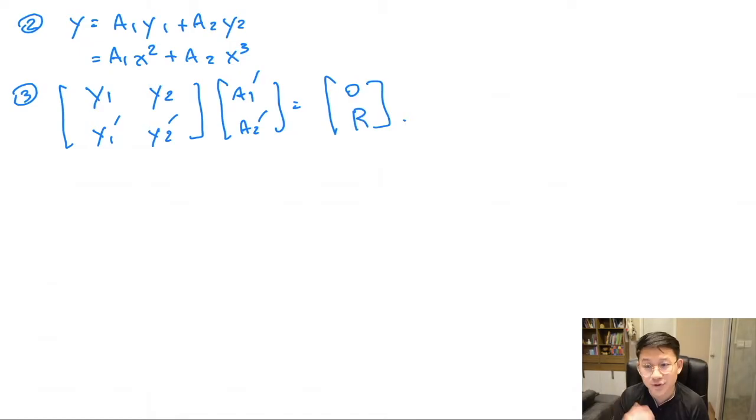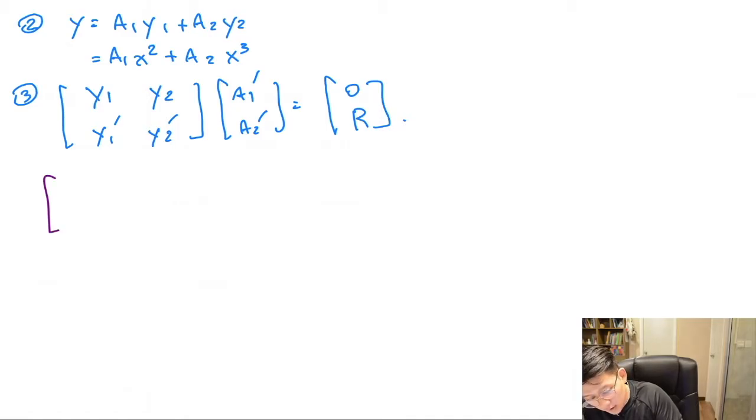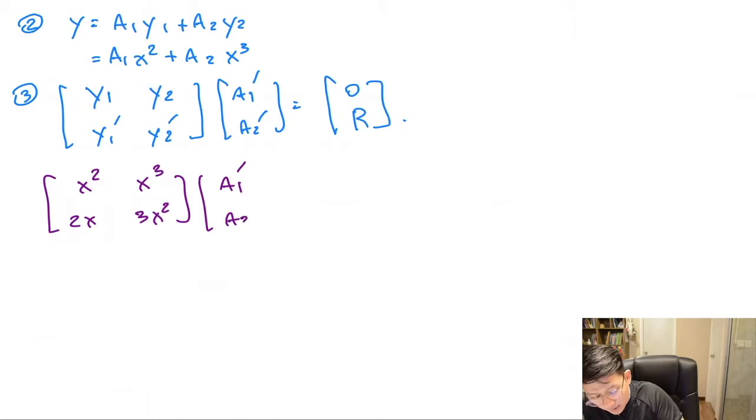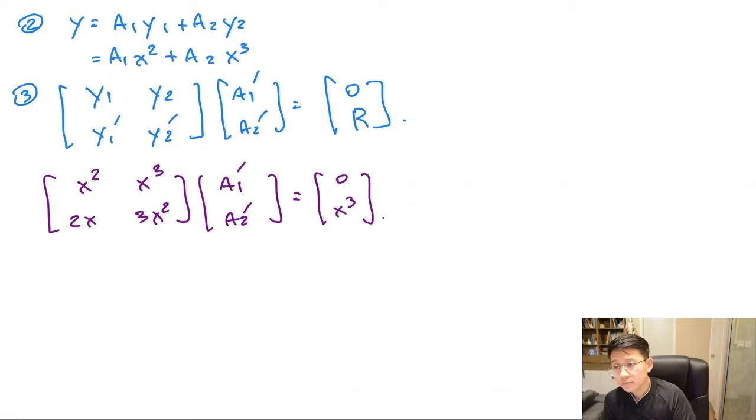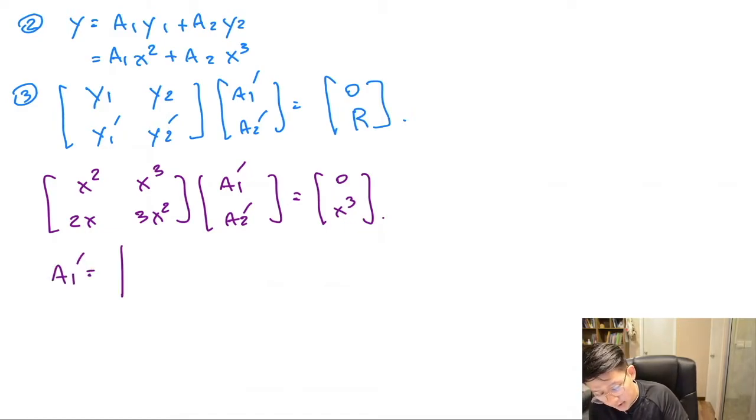So what you have here is x squared, x cubed, 2x, 3x squared, and then a1 prime, a2 prime equals 0 and r, which is x cubed. Okay, so by Cramer, we have that a1 prime is basically the determinant of this guy